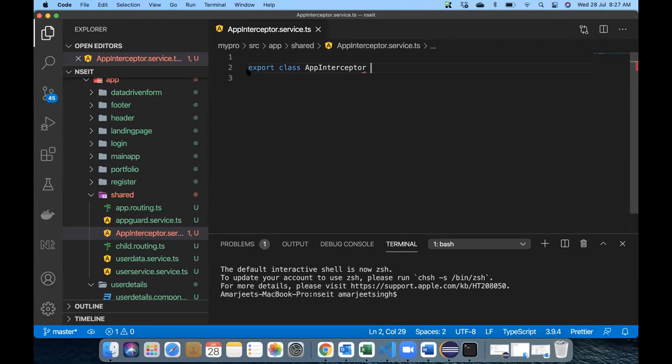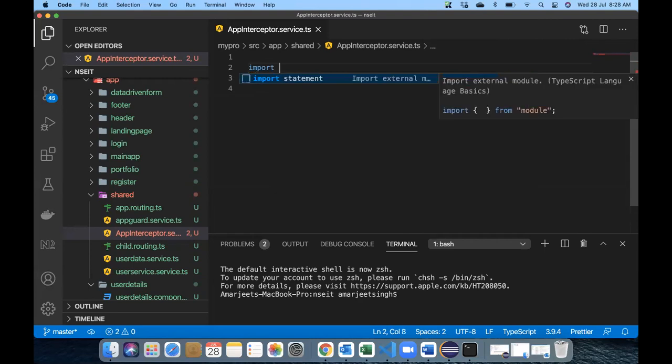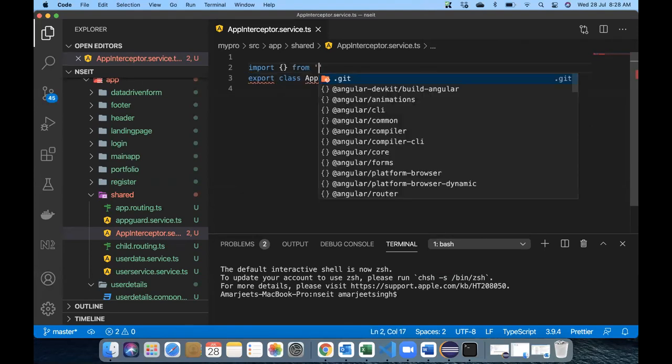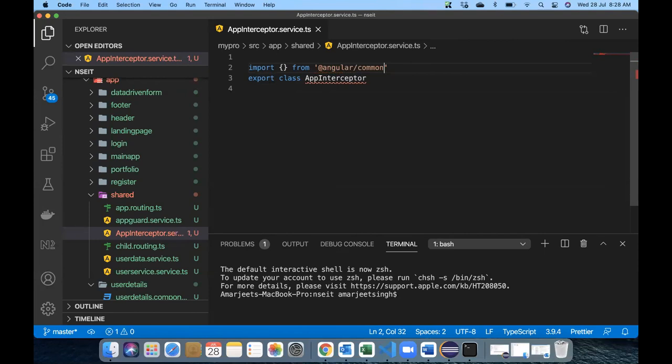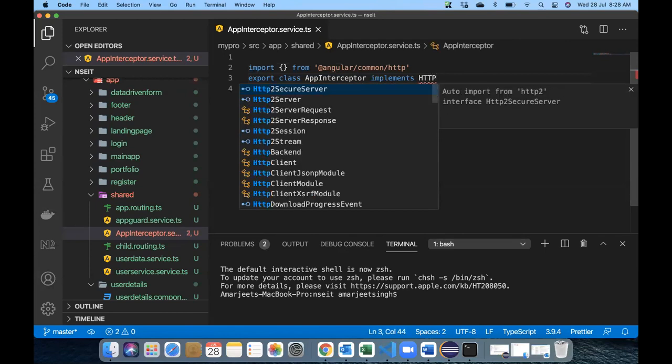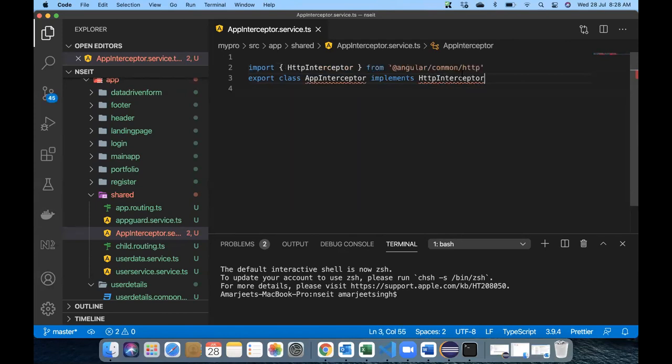Here I'll be saying HTTP interceptors. And here we have to override one function called intercept.